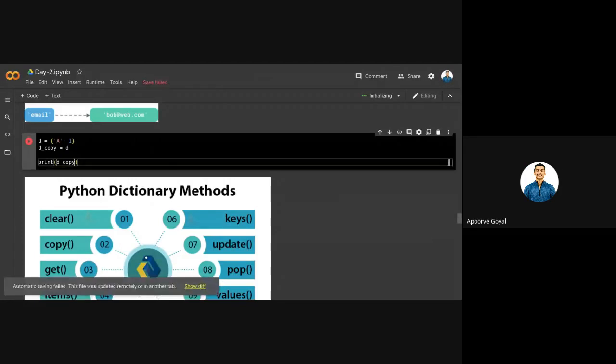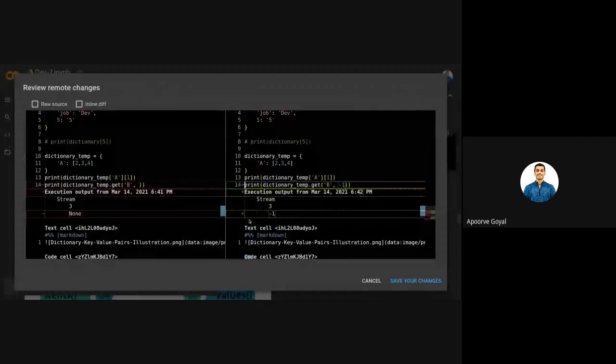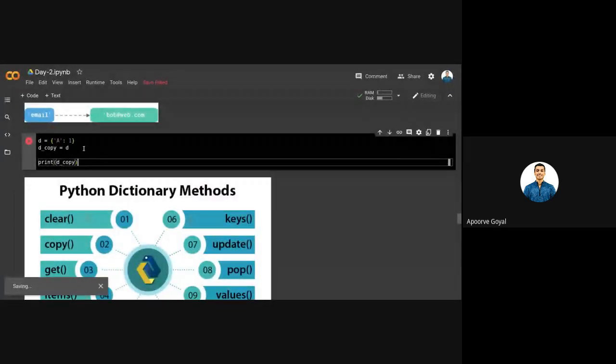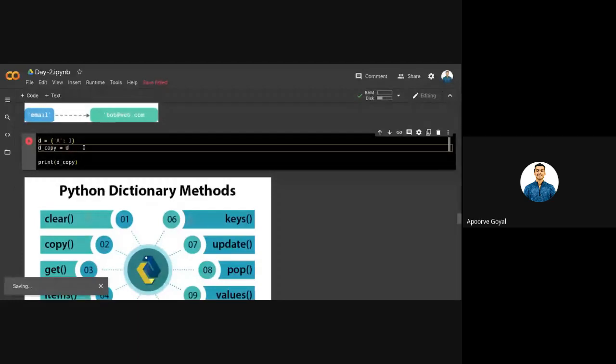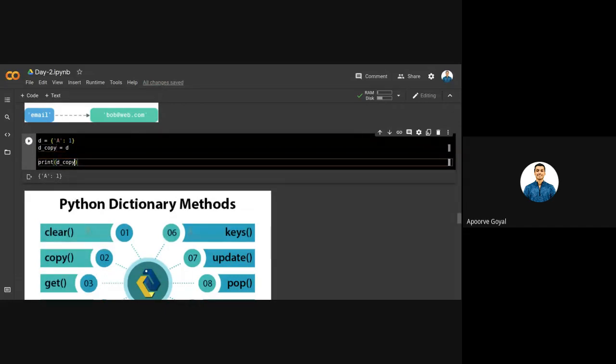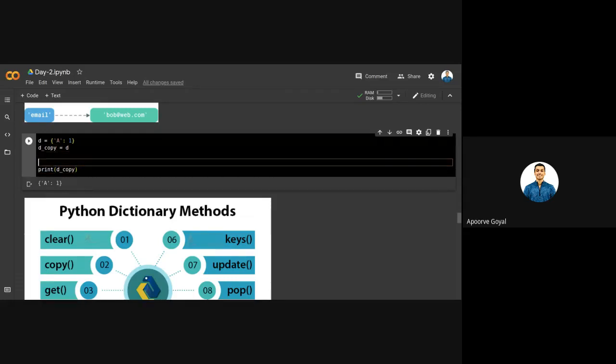Okay, so where I was telling about this now. Yeah. So basically, what I did is I just copied D to D copy, right? Ideally, it should just print the same D here. Okay. Yeah. Fine. No doubt here. Now let us see why it is not the correct way of making a copy of a dictionary.